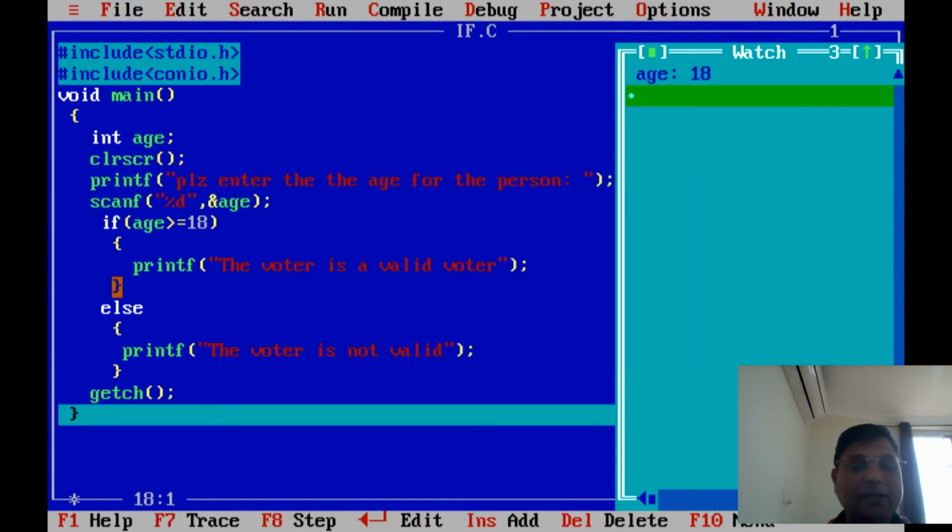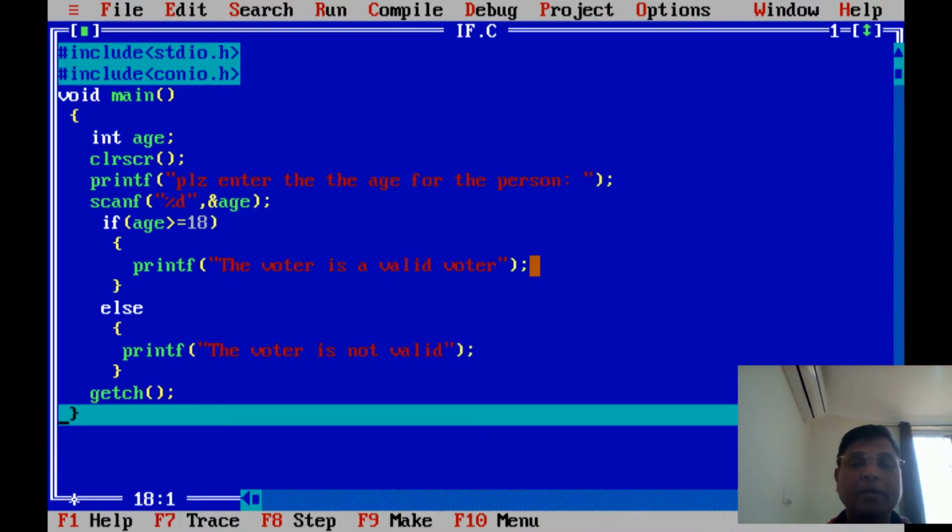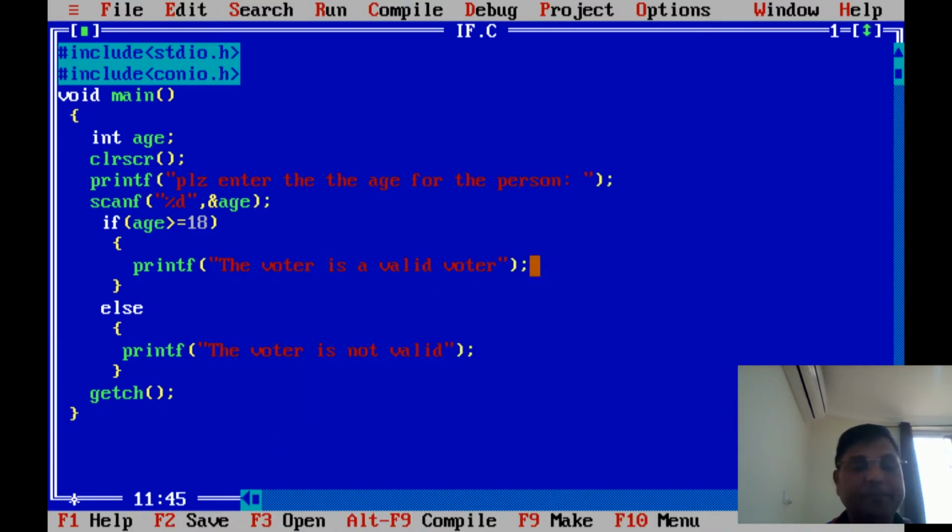I hope you understand the if statement very clean and clear. So now what I'm doing here, you can do in a different fashion also, this program with a different control statement like switch, but we will see that gradually, we are not going to jump there immediately. We have another thing, which is the if else ladder.